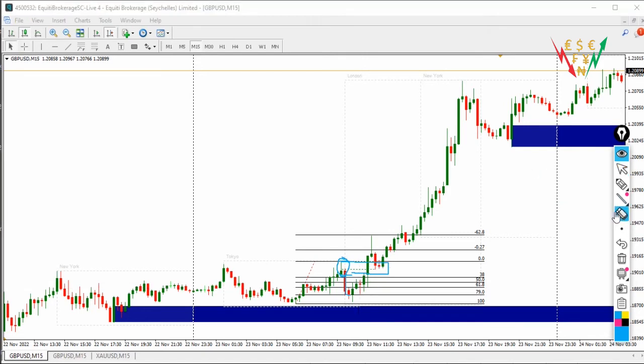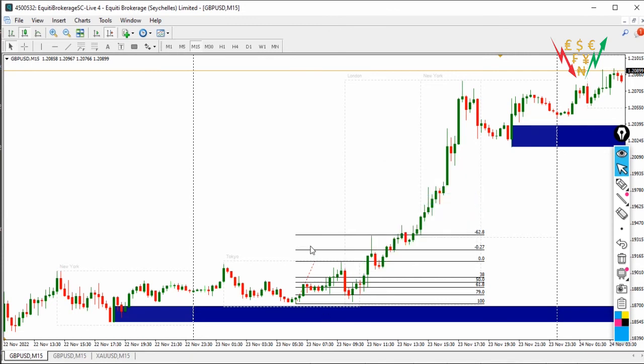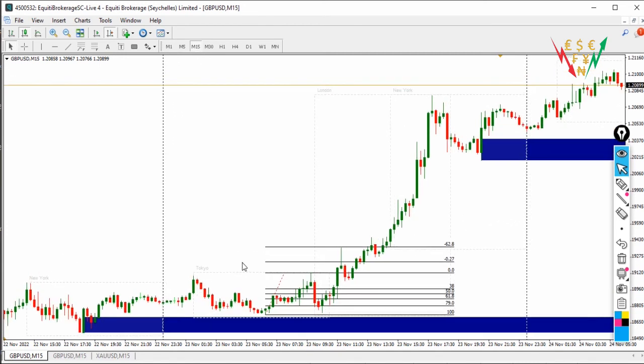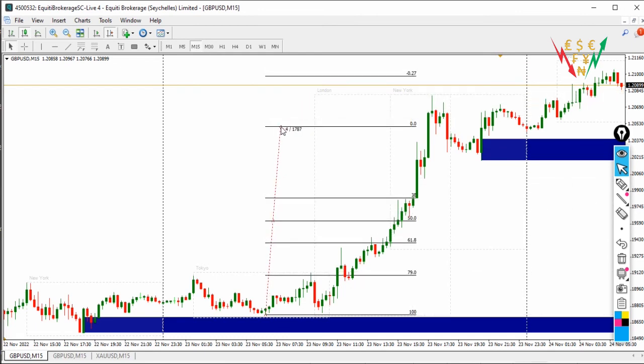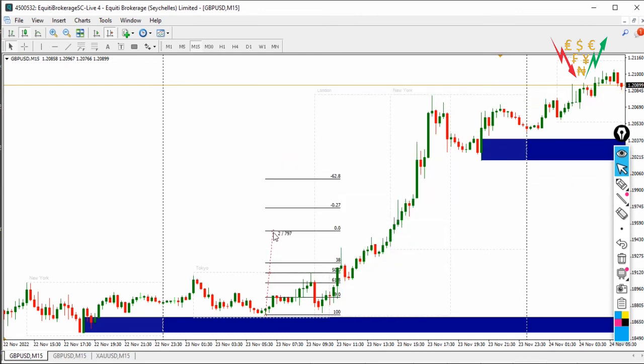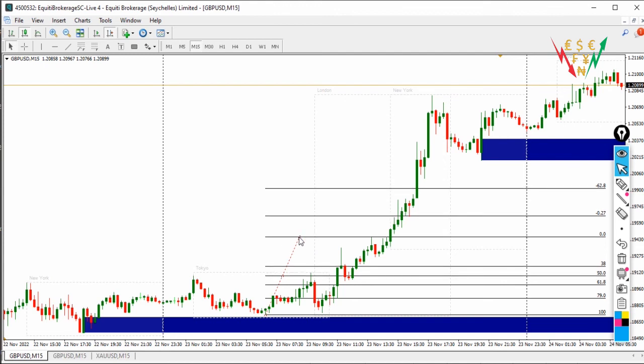Looking at the following market, the New York session: sometimes when I hit my target, I just want to stay off the market the entire day. I did not really trade the New York session on that day. But if I were to trade the New York session, it would be the same approach. I'd just extend my range to the highest point before this, exactly where I'll have it.